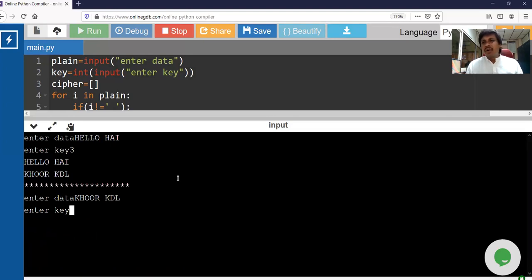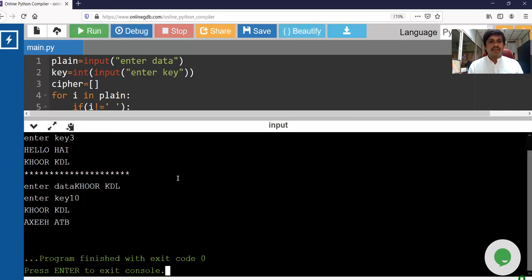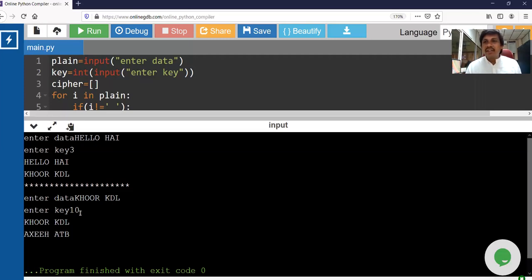I'm guessing it wrong, like the key value might be 10. So it gave wrong data, AXEEH. Can you understand it? This is encrypted data and this is decrypted data with the wrong key. So you cannot decrypt the data unless you give the right key.